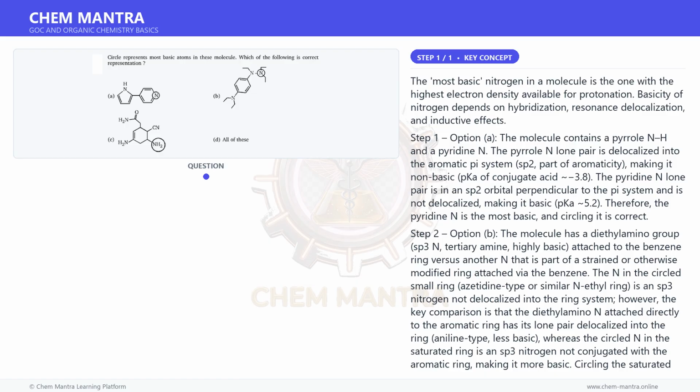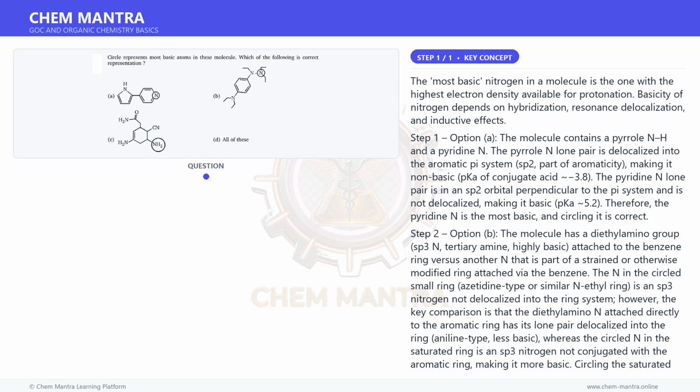Step 2. Option B. The molecule has a diethylamino group, sp3 N, tertiary amine, highly basic, attached to the benzene ring versus another N that is part of a strained or otherwise modified ring attached via the benzene. The N in the circled small ring, azetidine type or similar N-ethyl ring, is an sp3 nitrogen not delocalized into